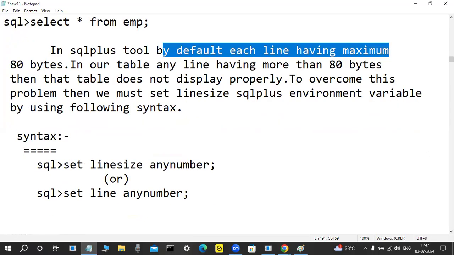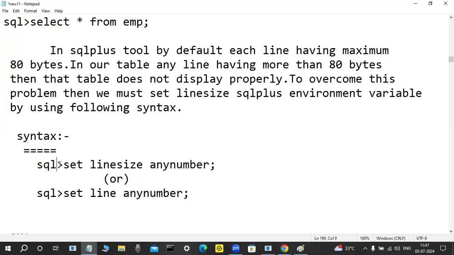Write it, syntax. This is an environment setting. Go to the SQL prompt: set linesize number; A number more than 80 is better. Go to the SQL prompt: set line number;